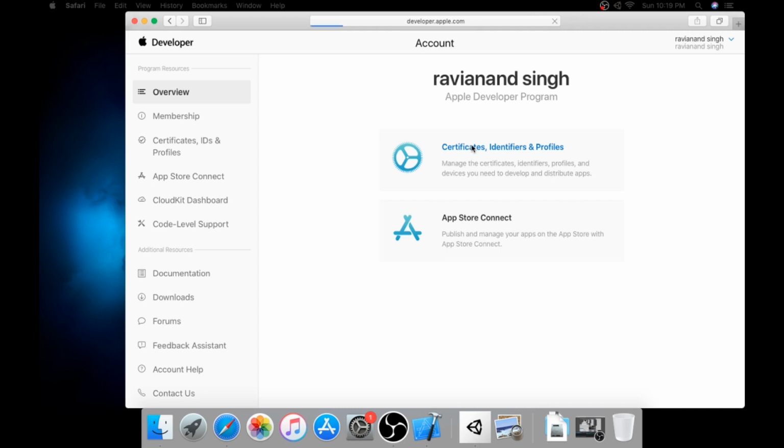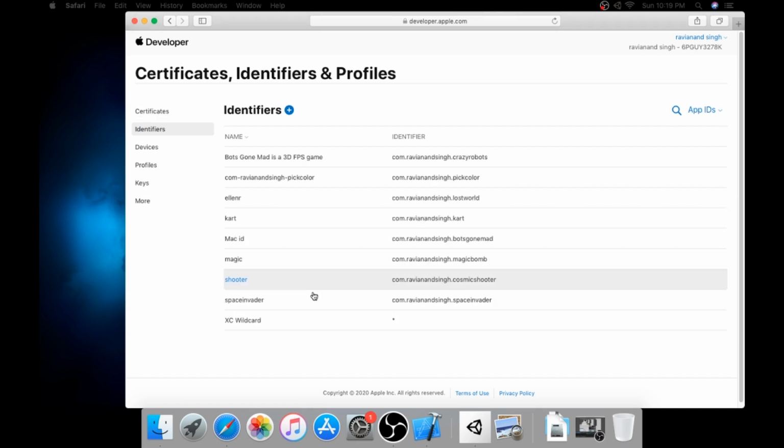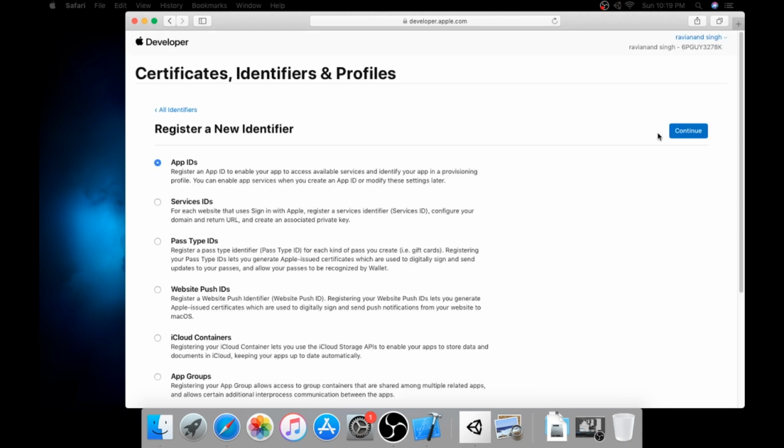Right, when you reach your app developer account, you need to go in certificates, identifiers, and profiles. And you need to create a new identifier. I already created one for the game, but I'm going to show you how I can create the next one and just add it on. Very simple. So you need app ID, continue,